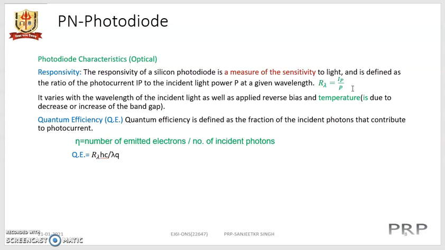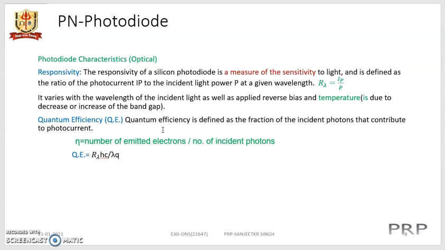From this relation we can make out that responsivity is dependent upon the wavelength of the incident photon as well as the reverse bias voltage and the temperature. The temperature dependency is due to the decrease or increase of the band gap with increasing and decreasing